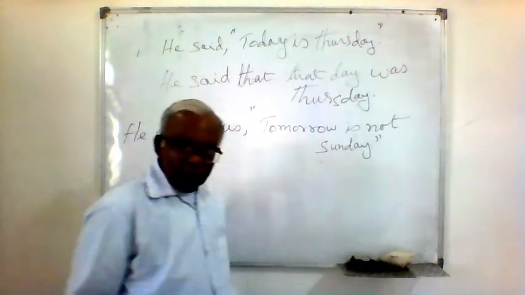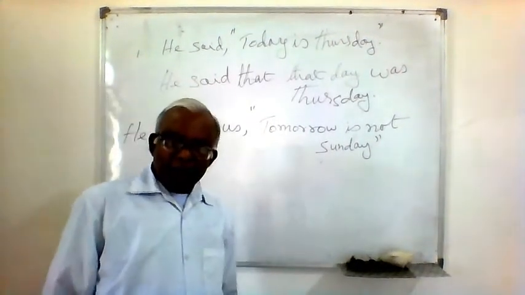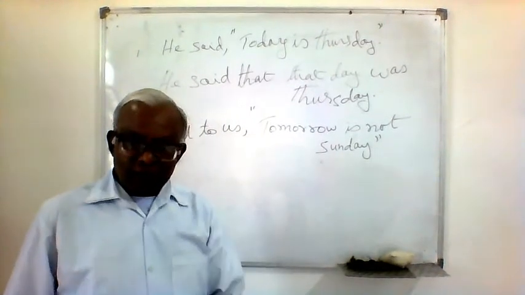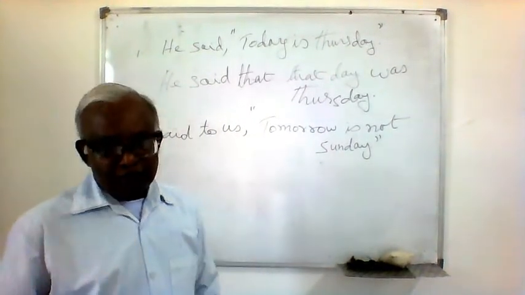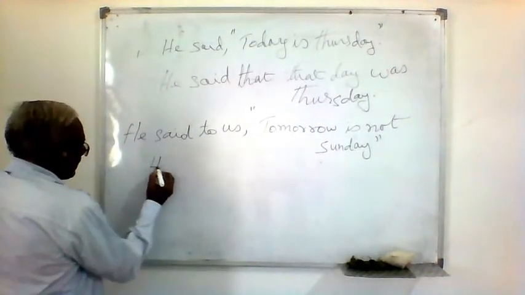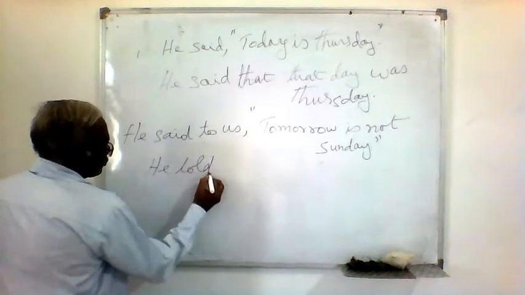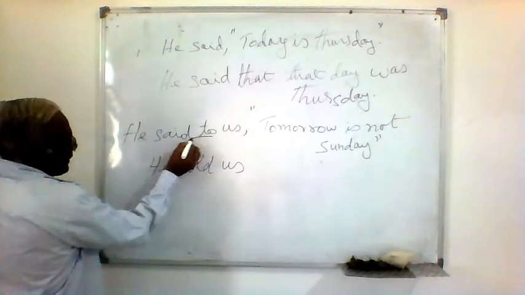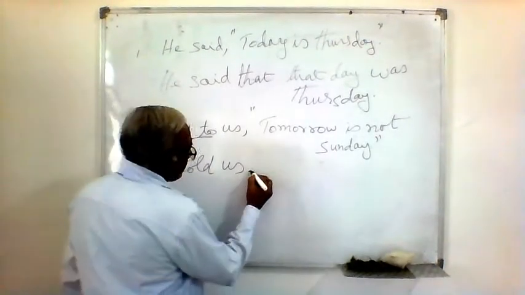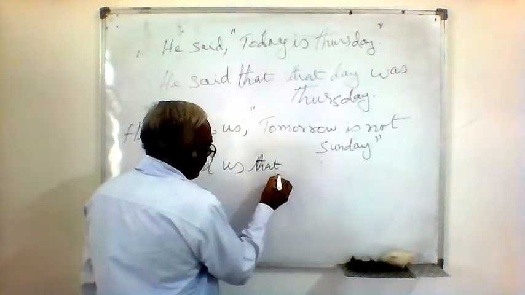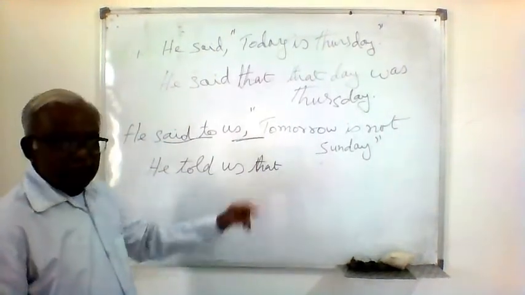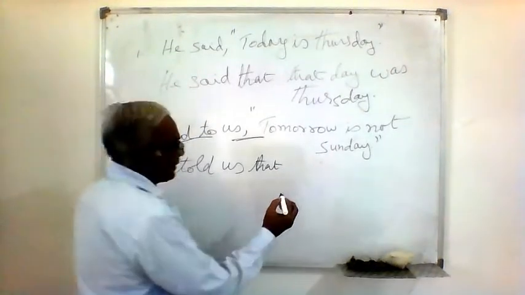Look at that sentence. Here is the statement again, but this time in negative. Tomorrow is not Sunday. Negative. Again, the rules of change are same. They don't change. He said to us becomes he told us. The said to becomes told. The first change. He told us, and there is a joining word. This comma quotation becomes the joining word that. He told us that